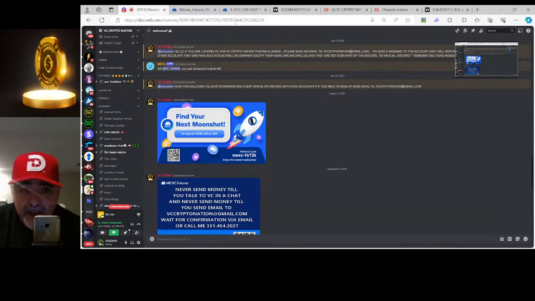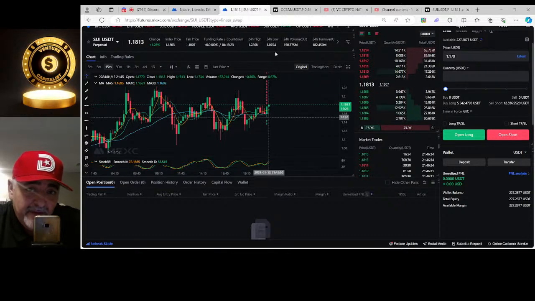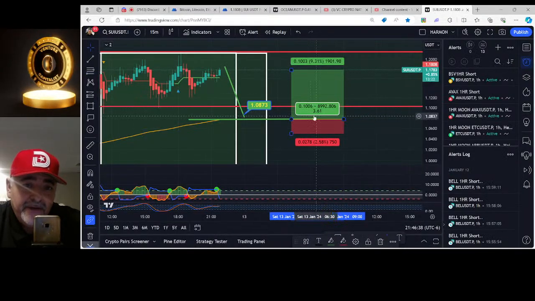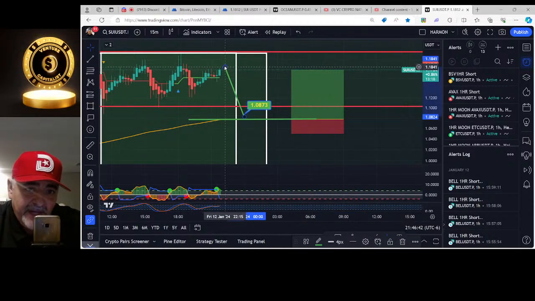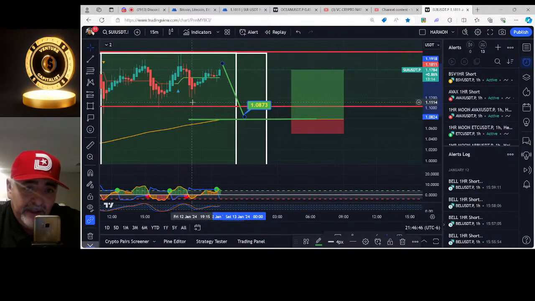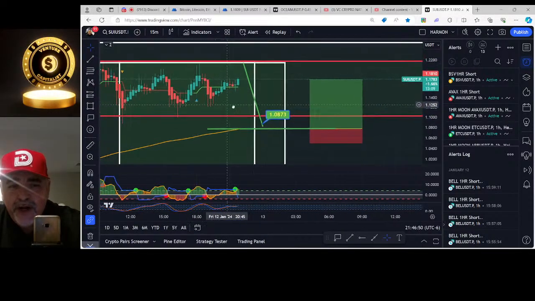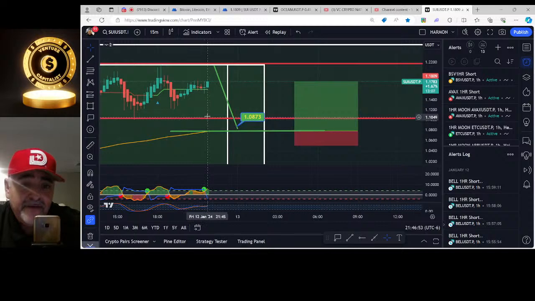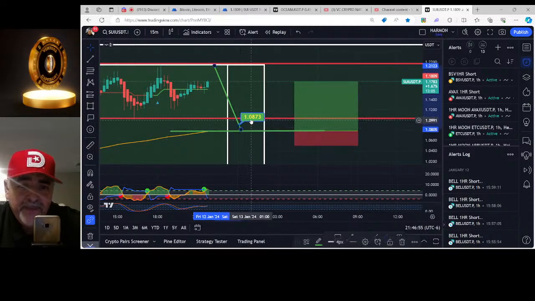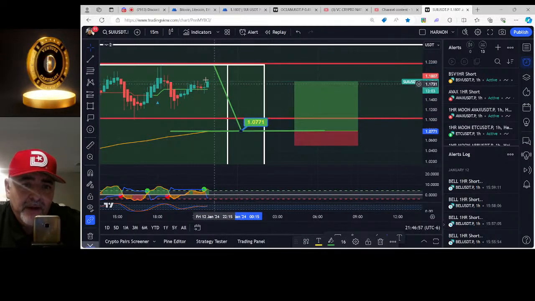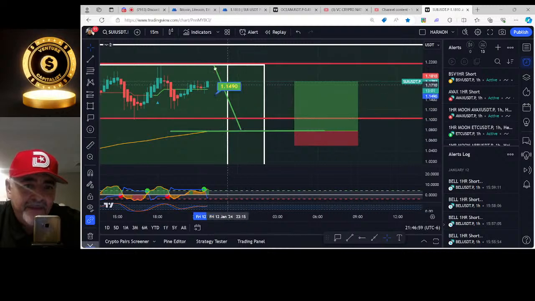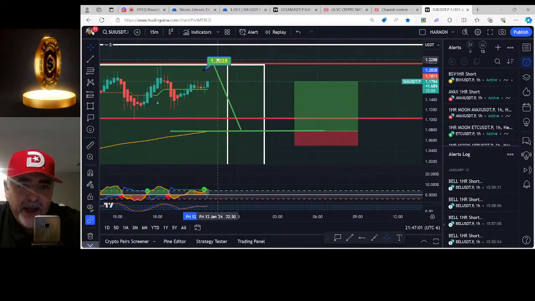Okay, so the problem is, we have to, it's kind of like we were kind of digging into this. We got to have this 15-minute red trend right here, right? That's the entire key, right? If you're looking at the 1 minute, you're going to get caught in the uptake here, right? So if anything, if we were going to try to jump this trade or take advantage of this trade, what you would actually do is you would say, okay, the last time that it hit a high was about